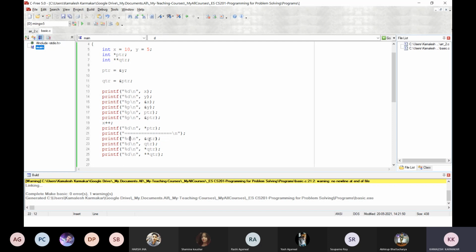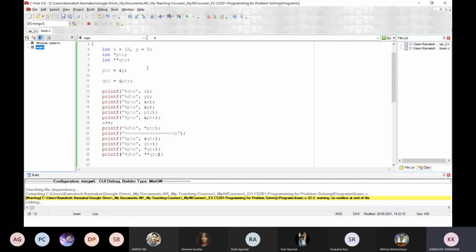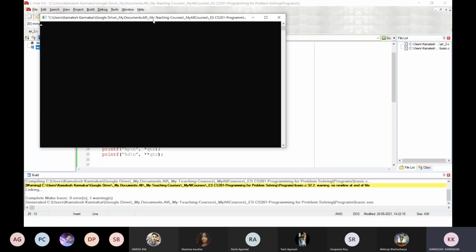I want to print the address of qtr in hexadecimal form. Similarly, qtr is again the address of ptr, in hexadecimal form. Then I want to print the value of this. Now let us run the program and check the output.